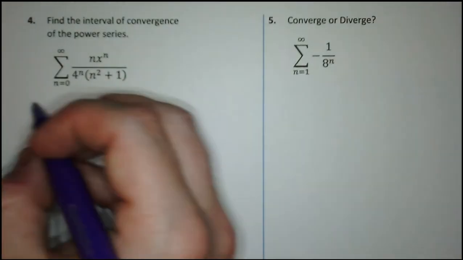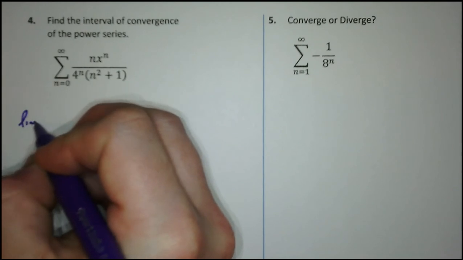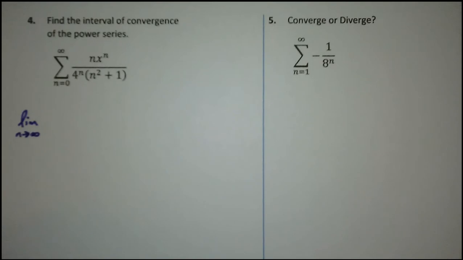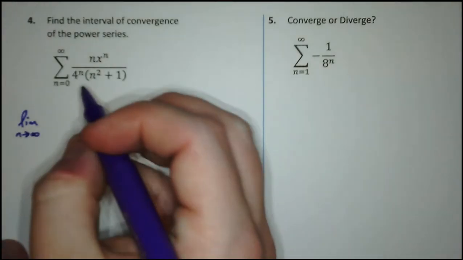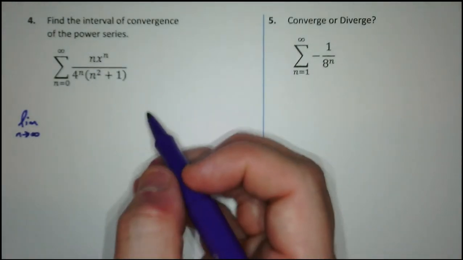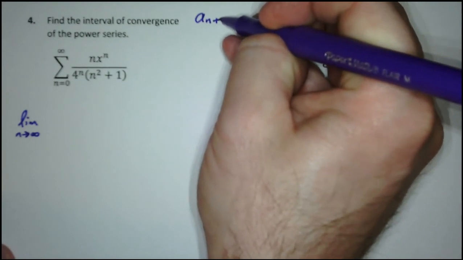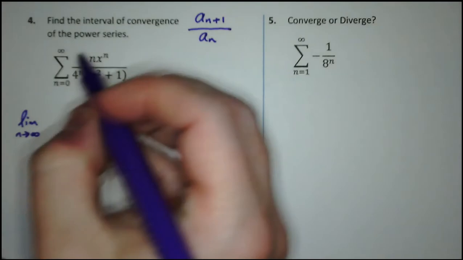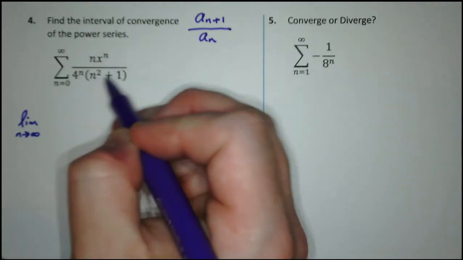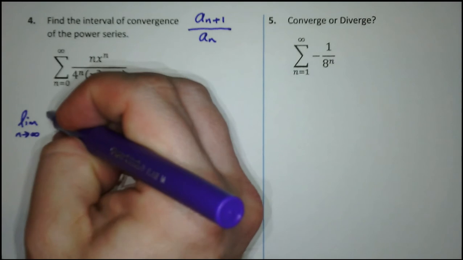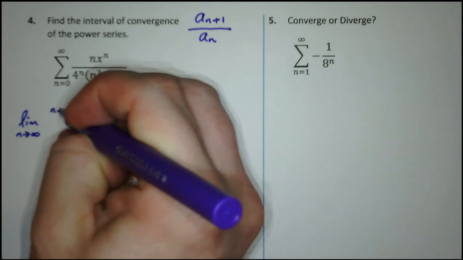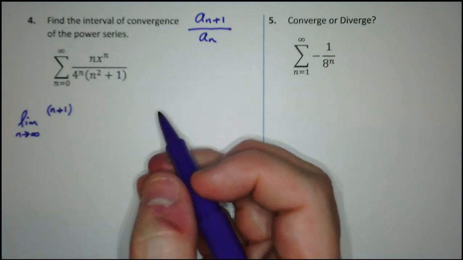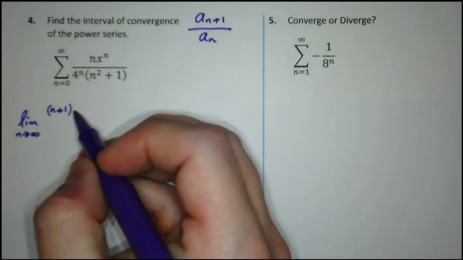So remember, this is how the ratio test works. We do a limit as n approaches infinity of a sub n plus 1 divided by a sub n. So instead of all the n's, we're going to have n plus 1. Here we go, baby. N plus 1 times,